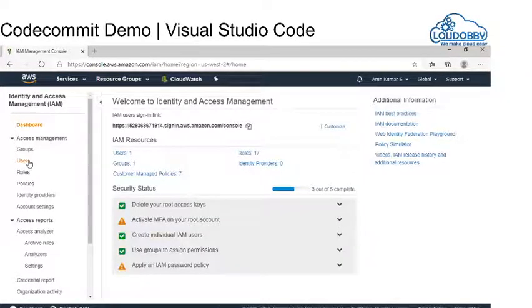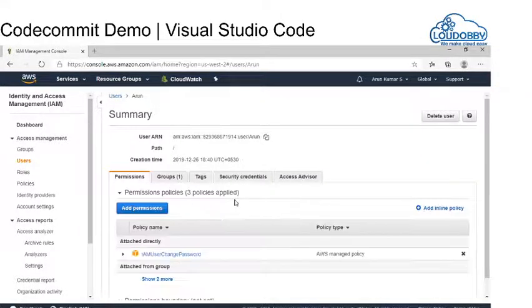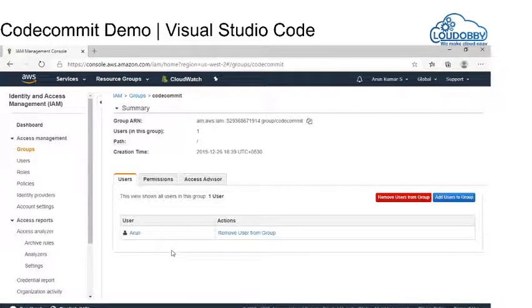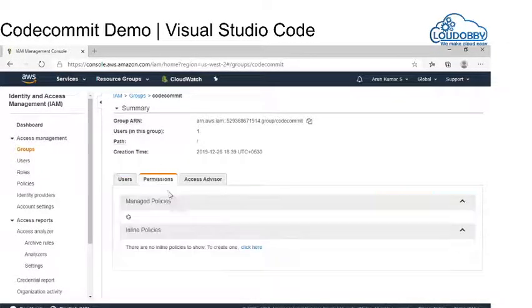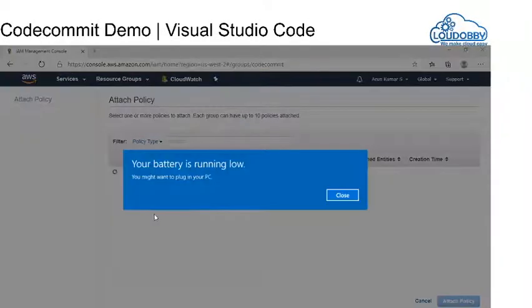In IAM, I am going to users, and I have a CodeCommit user. If I go inside, the user should have the permission for CodeCommit. For example, the user needs a permission called CodeCommit full access, or he needs to